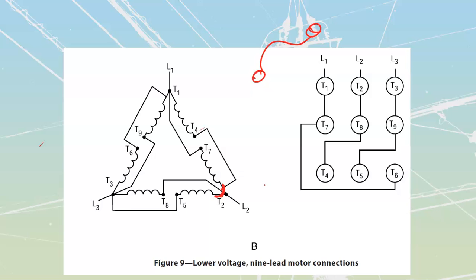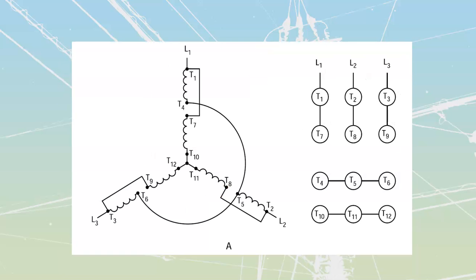Okay, let's talk about the last one. This one is a beefy motor here that we have. This one is going to be my 12-lead. And a 12-lead is going to be good for a total of 4 different values of voltage that I'm going to have. I'm going to start by just saying that let's make this thing good for 120 volts